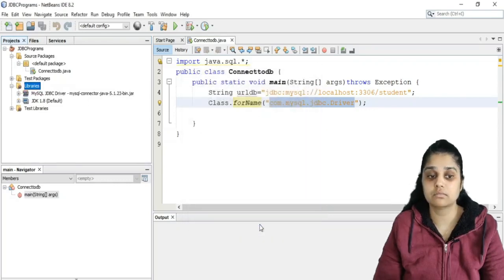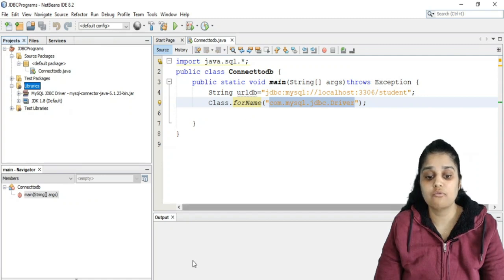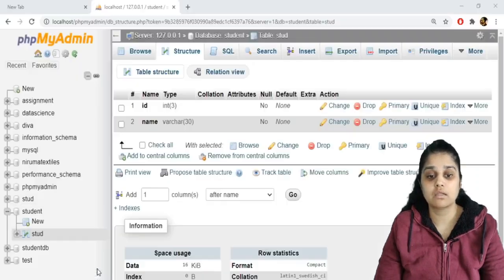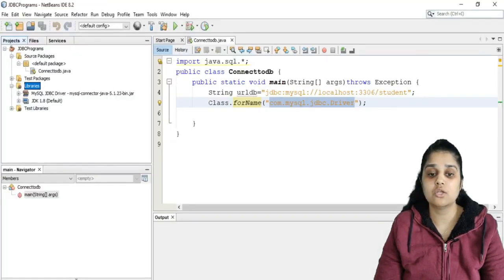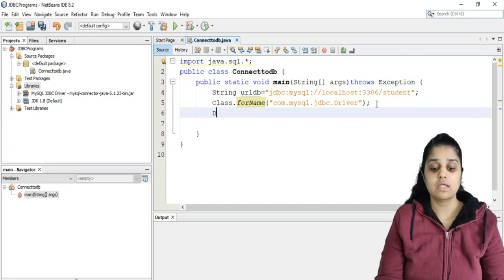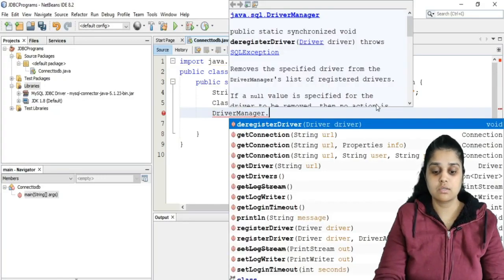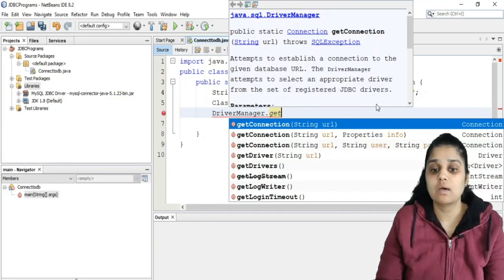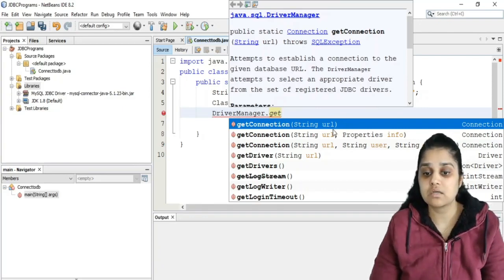I will add it. Okay, so this is my MySQL connector file. This is going to help me connect this particular Java code with this database. In order to have a connection between these two, I need to have this. Now Class.forName. Next thing is I will register my driver here in DriverManager.getConnection. Now the getConnection method, you can see, is returning an object of the Connection interface.